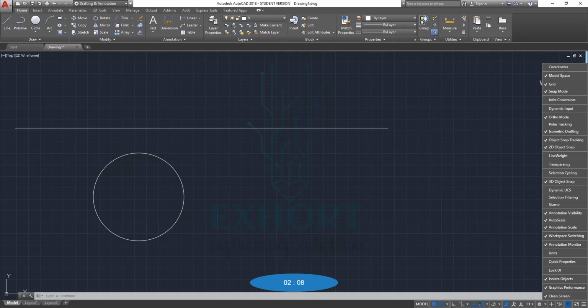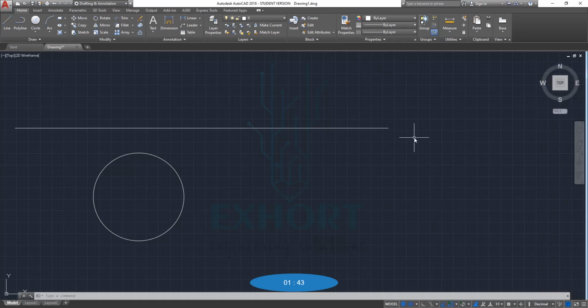Okay friends, below these settings are shown here. If we turn off the grid, it will remove the grid from here. You will see when I turn on the grid, it came back here. Likewise, if we want any setting from here, we can put it up. I want the unit here, so I will simply turn on the unit, and it will appear here. Now we also have to change our units. By clicking here we can change units, or just go to the type command and simply press UNI.